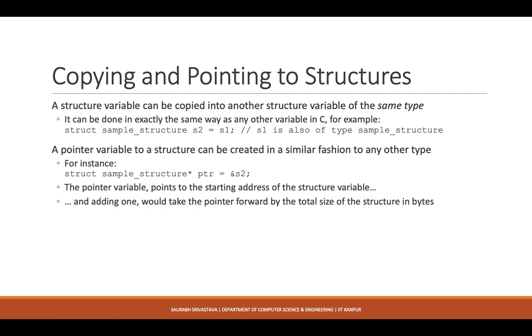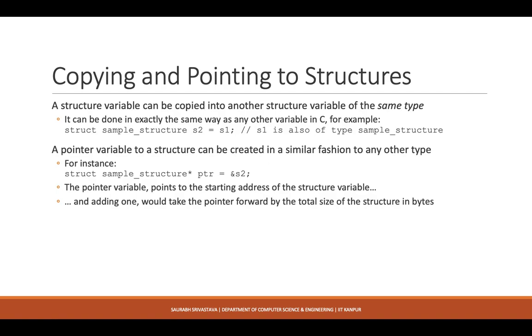If you remember, for arrays, the pointers used to point at the beginning of that block of storage. The same is true with pointer variables to structures. They point to the initial address, the starting address of that particular block of storage. And let us say you have created an array of structures.